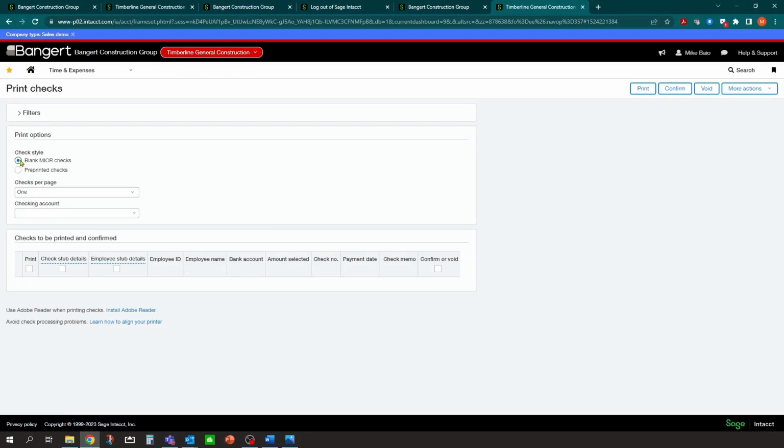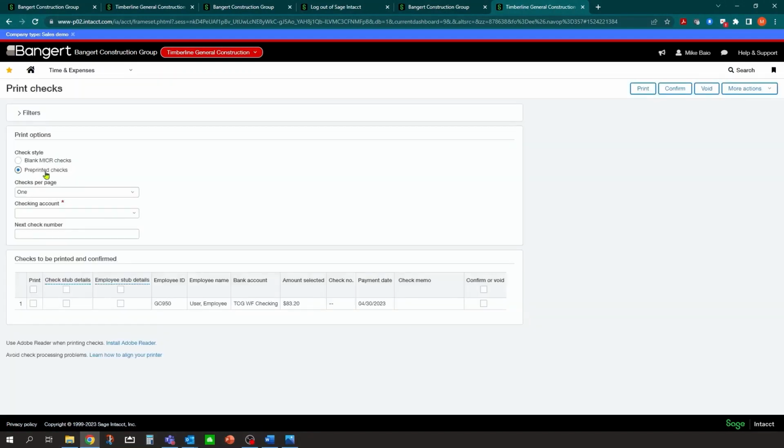So under Print Checks, now if I select, I have to be careful on my check styles here. So I have pre-printed forms. Once I select that, it'll show me what checks are available to print. So I can see now that I have my checks and it's going to go out of this bank. There's my next check number. And now if you had 10 checks, you'd see them all right here. You can hit print and print stub detail as well. Okay, so you would select which ones you want.